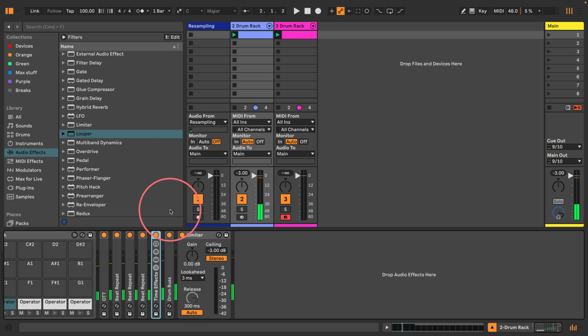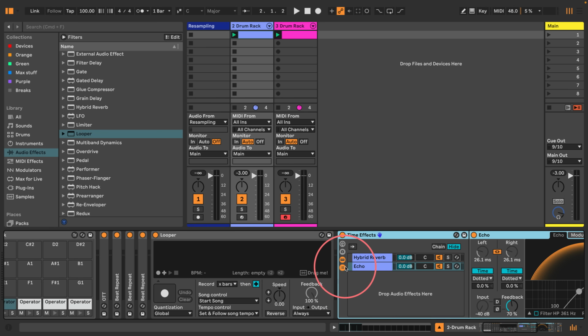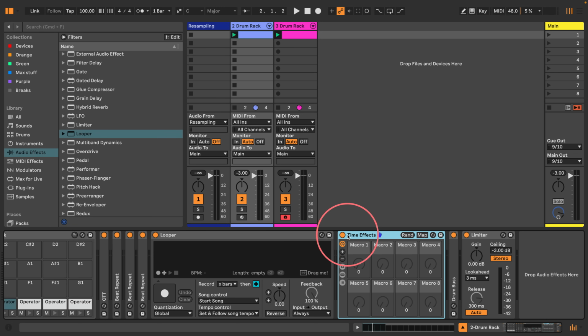So what I'm going to do then is I'm actually going to use two loopers to start with, and then maybe a third one later. But I'm going to put one before the time-based effects. So here's the time-based effects, so I can close that. There we go. So we can just see that we're going to have one looper going before the time-based effects,